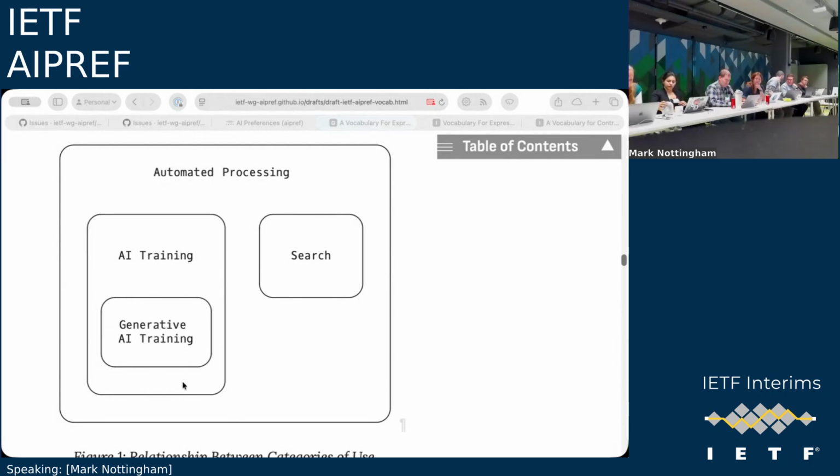The entire point is not to retroactively work out what all could happen and how we can make as many things possible. The entire point is to give the declaring parties the ability to say certain things that they want to happen or not to happen with their things. One of them happens to be training AI models. Another happens to be training generative AI models. And if that is expressed, it needs to be followed, and then you can't use it for training these things.